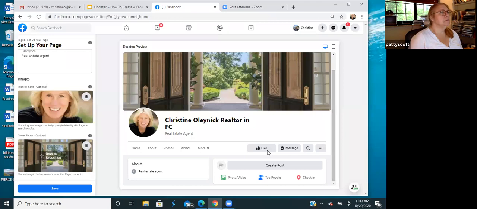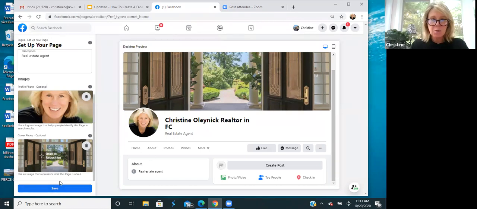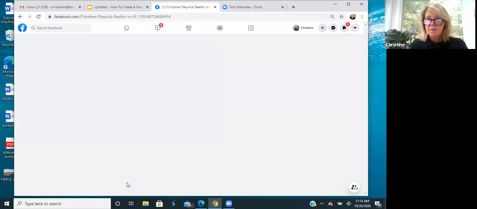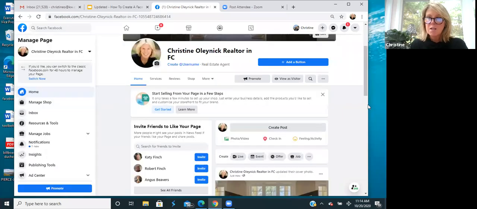Photos, choose from photos. And after you pick your pictures, you have to hit save for it to save over there. That's the one thing I forgot.